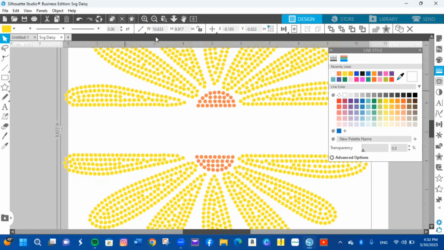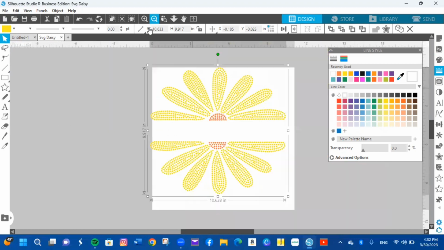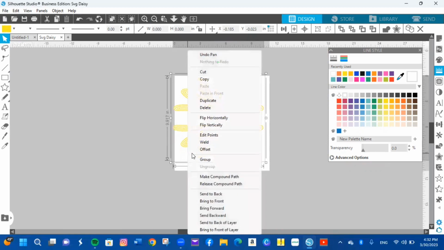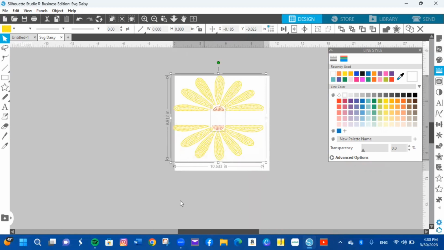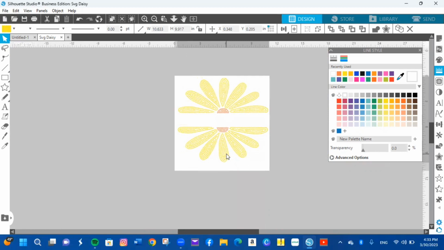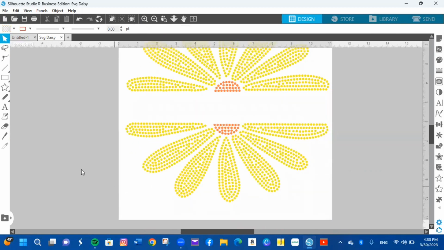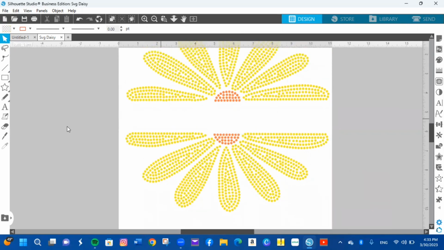This looks good to me. So I'm gonna make it smaller. Select the whole thing, and I'm going to right click and click group. So right now it's grouped and everything is together. It makes it easy for me to work, all right? So now I decided that I'm gonna choose the word spring. I'm gonna go to my left panel in the middle. You're gonna see an A, that is the text key. So I'm gonna click that. I'm gonna click inside the design right here. And I'm gonna write spring,